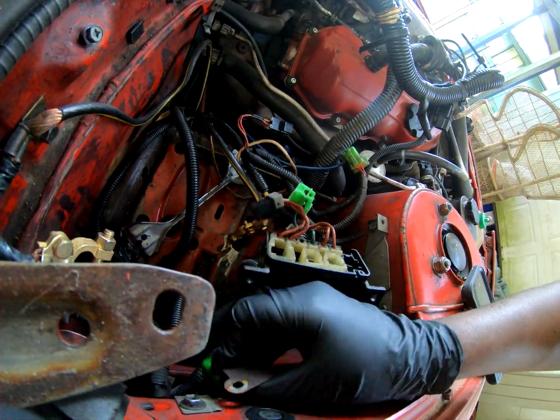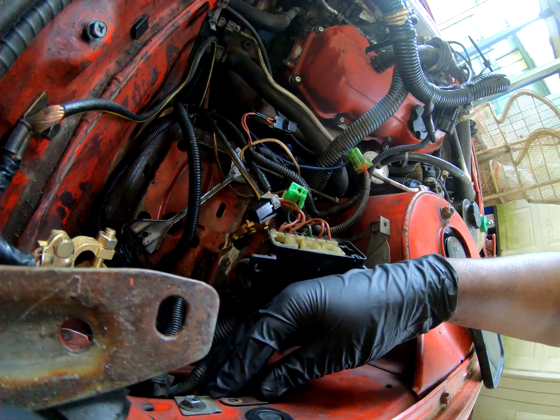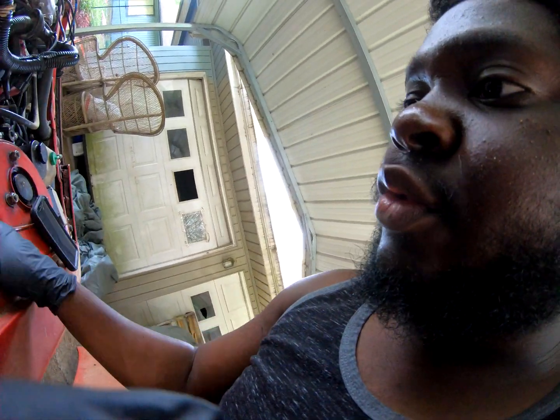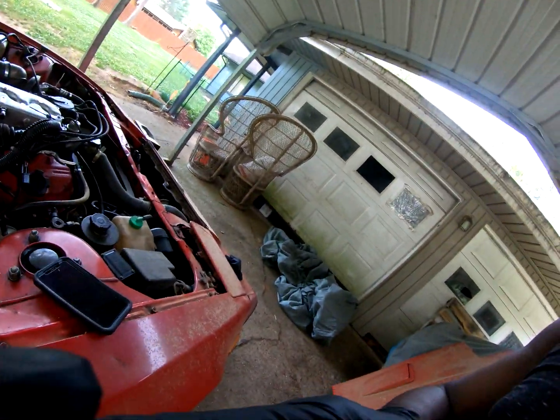I don't know what to do about that with the Megasquirt. I don't know if I need it. I'm more than likely going to be replacing this fusible link with something else, which means I probably need to do a whole body harness, but I'd rather not do that. But the good news is, all this extra stuff,